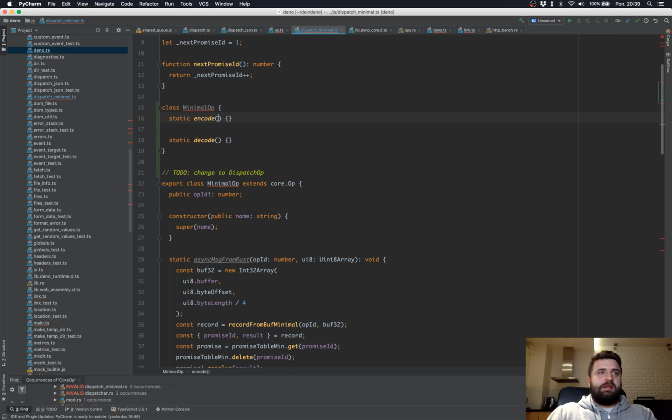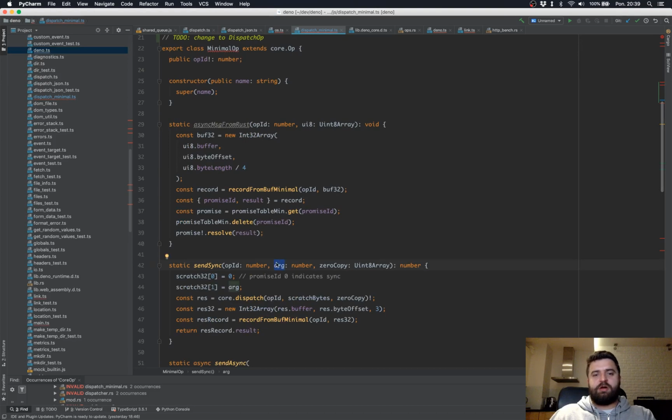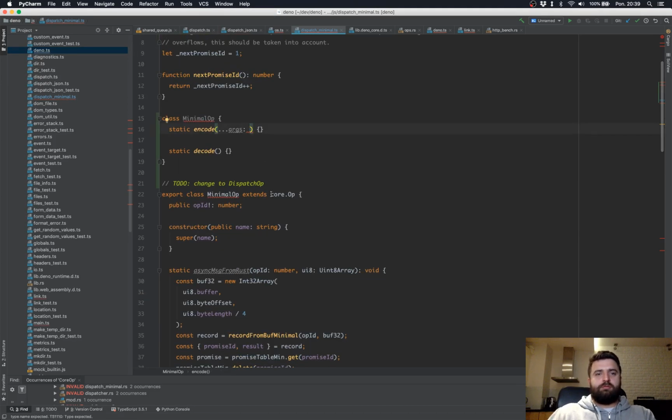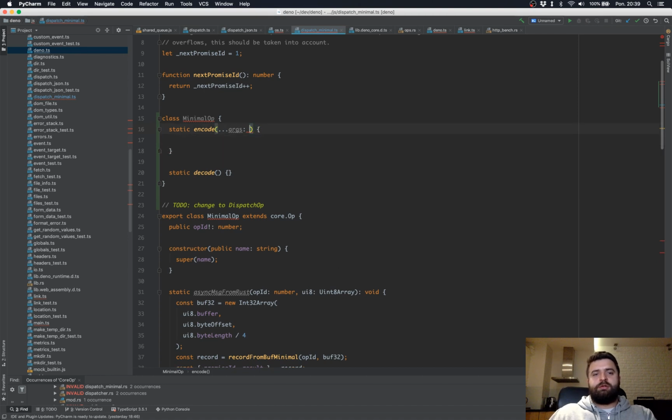So encode will take some arguments that this type will interpret and understand. In case of JSON ops, it's an object, and in case of minimal op, it's this arg, which is a number. So the encode will turn, sorry, it's any array, will turn this array of args into a buffer, which is a uint8 array, and then decode